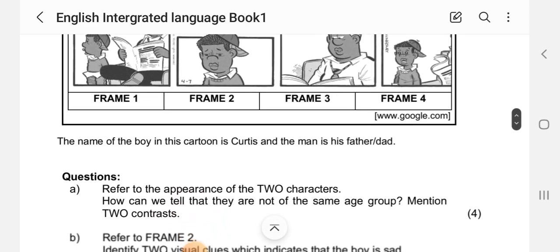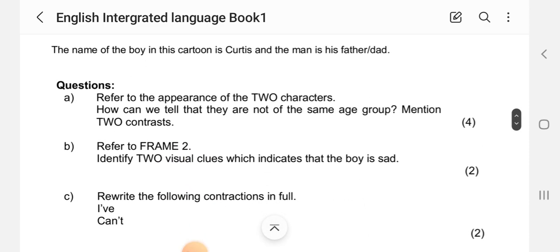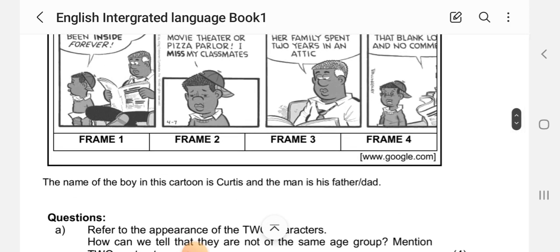So you can mention 2 of the contrasts that I've just mentioned. And then refer to frame 2. You see, this is just easy. You just have to be looking there and writing what you see. You're not going to be failing cartoons anymore. Refer to frame 2. Identify 2 visual clues which indicate that the boy is sad. Visual clues. The more you can see